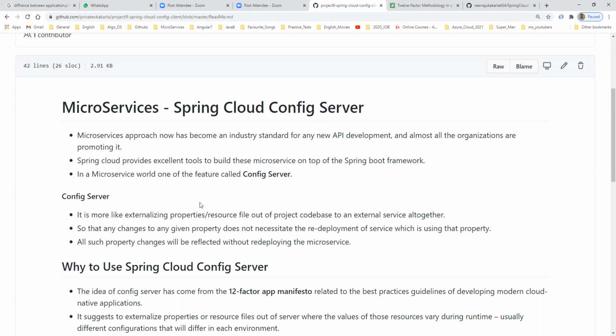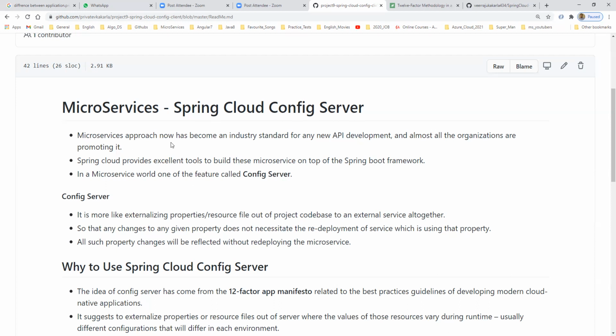You no need to redeploy or rerun your application. Just hit that URL or endpoint one more time, and it automatically updates the messages or properties where you are changing the key values from your central repository. That is what Spring Cloud Config Server is.